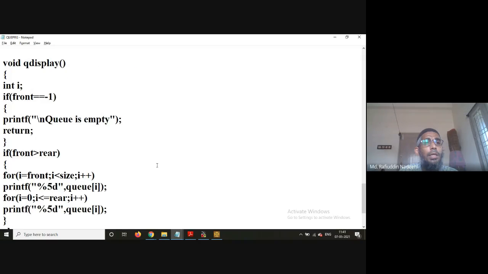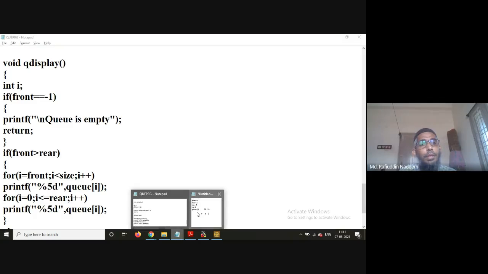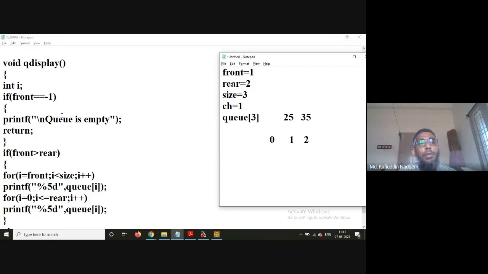Now the display also: if front is equal to minus 1, you can say the queue is empty. Or if front is greater than rear, then i is equal to front, i less than size, i plus plus; first of all, those elements are displayed.